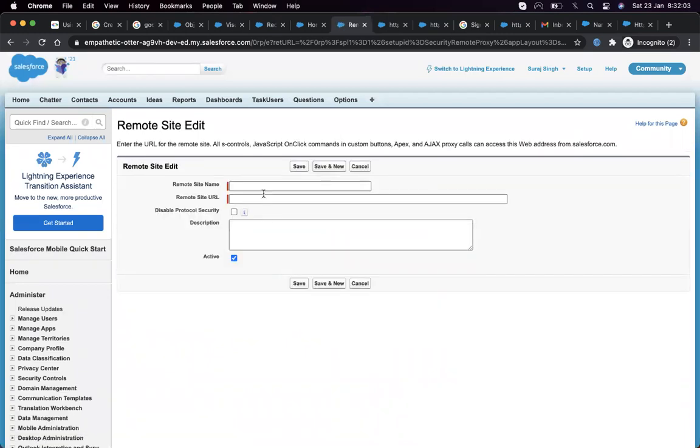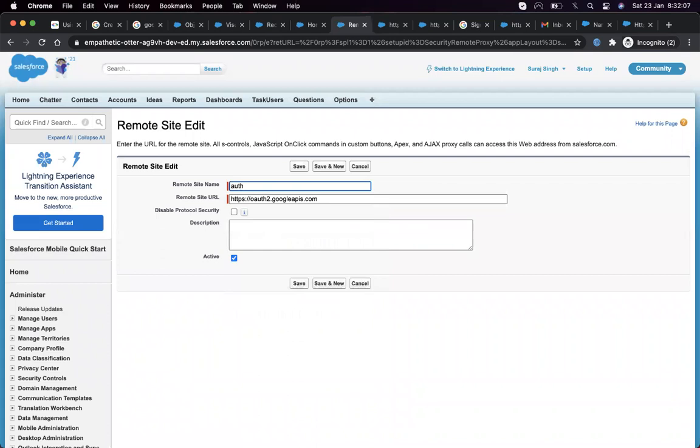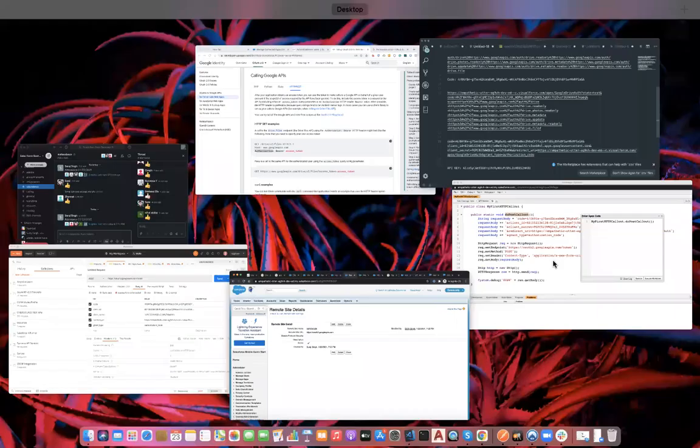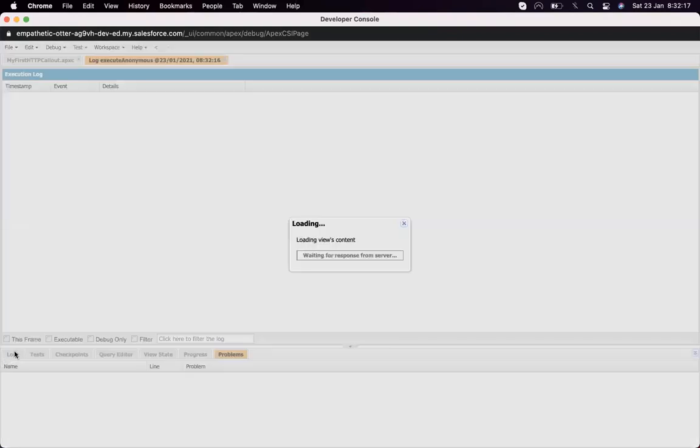Let's create a remote site setting. Request URL, it's auth Google. Save. Now it's added. Now again make a request. Execute. Now it's done. Let's open the logs.